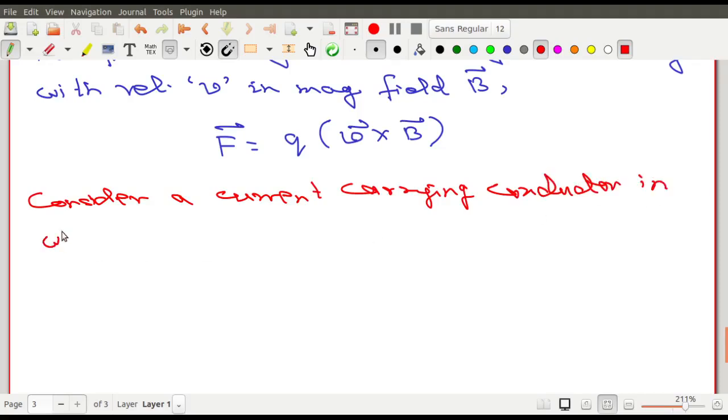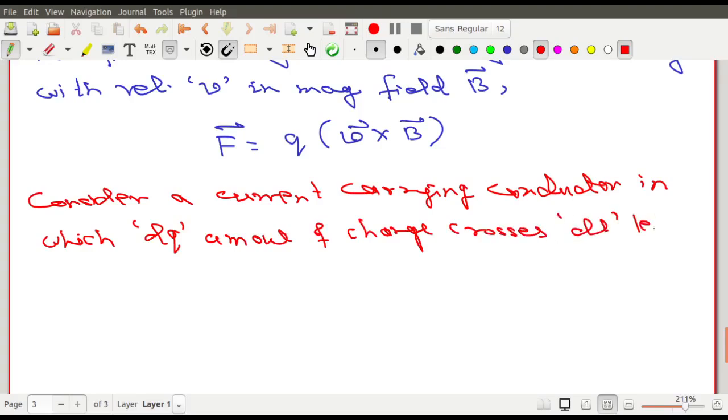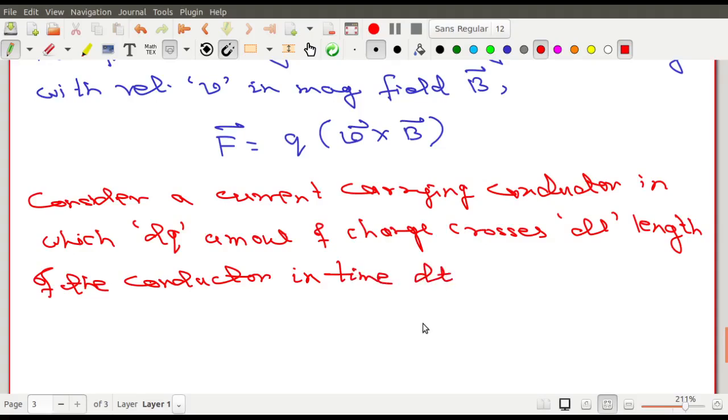Consider a current carrying conductor in which dq amount of charge crosses dl length of the conductor in time dt. So force acting on these charges,